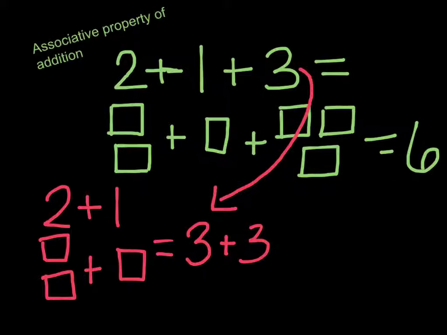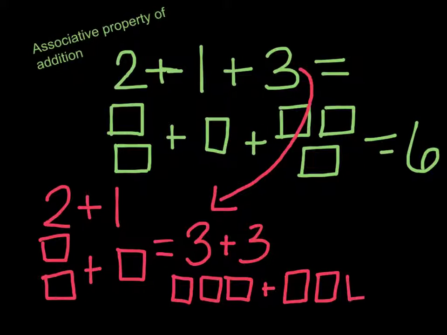We still have to add 3 again. So we are going to take 1, 2, 3 plus 1, 2, 3, and we are going to get a very similar answer. 1, 2, 3, 4, 5, 6 boxes again. So our answers again are the same,